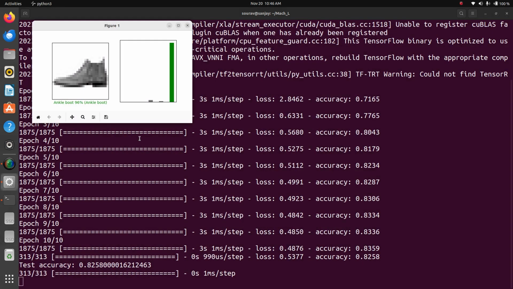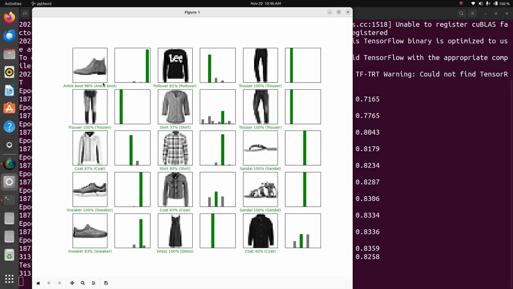Ankle boot, green stands for correct one, that's why it is correct. Now here coat is green, green is at the top, that's why coat is also correct. Now these are the different images.